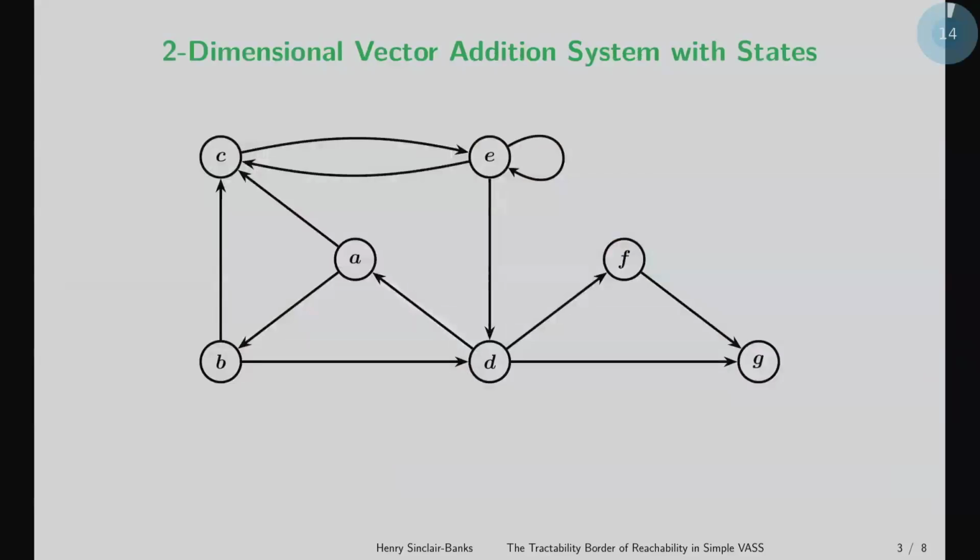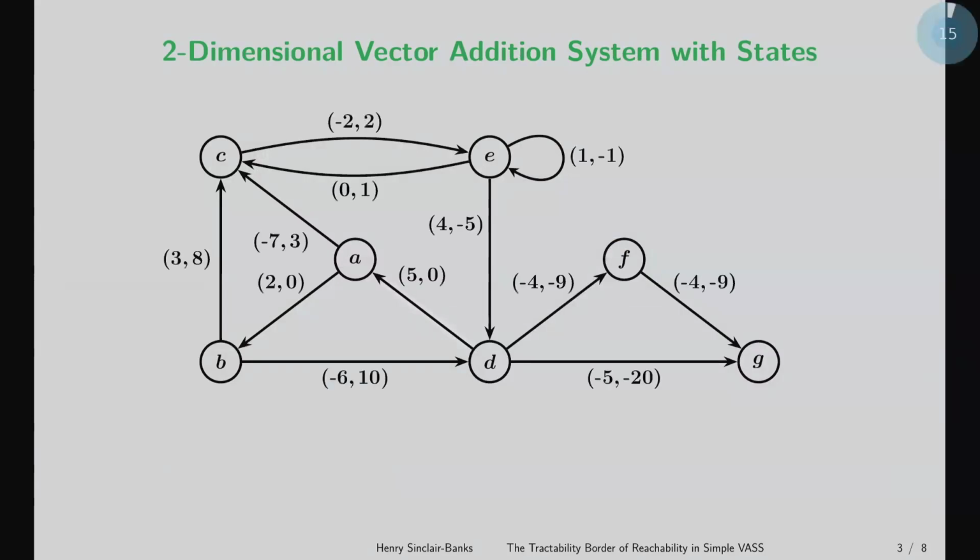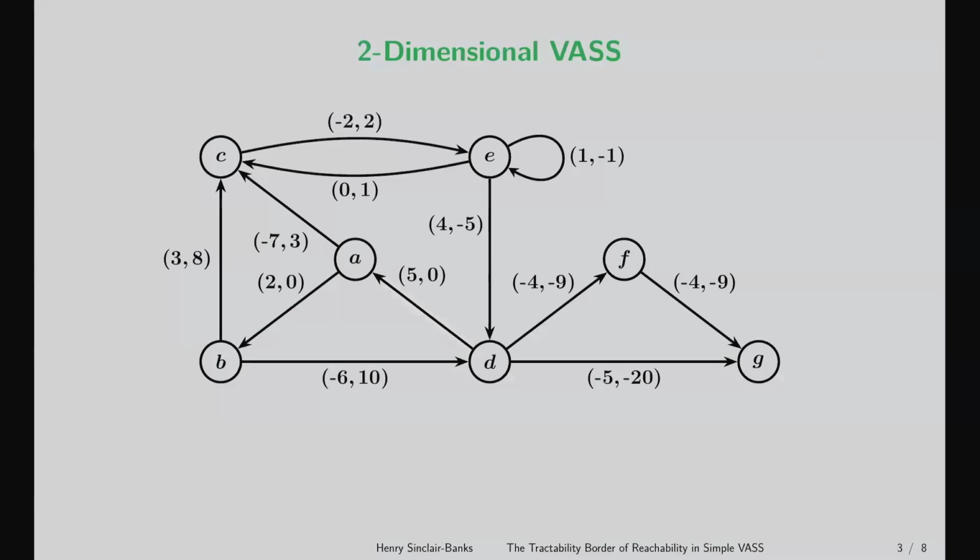Don't worry. Anyway, I have the pleasure of defining VASS because I'm the first talk in this session. So I'll just give you an example. A VASS consists of states and transitions, the arrows between states. They're labeled with vectors, which makes a lot of sense. Vector addition systems with states is shortened to VASS.